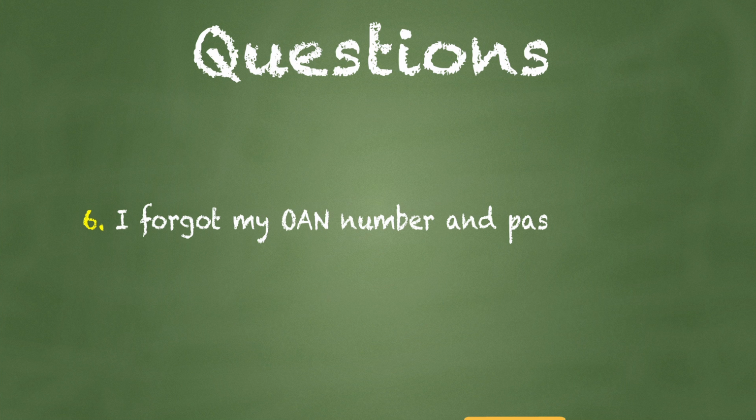I forgot my OAN number and password. What should I do? If you've forgotten your OAN number and password, not to worry. Simply visit the closest financial aid office to your home, and we'll be more than happy to reset your password. Even if you're a Ryerson student, you don't necessarily need to come to Ryerson's financial aid office. If there is a financial aid office closer to you that you could visit, feel free to visit them to